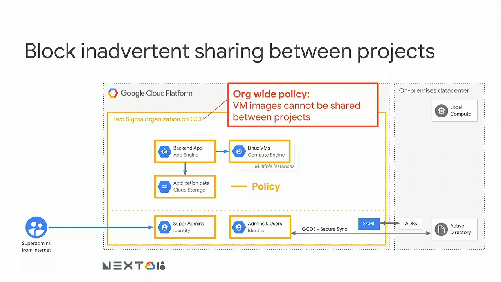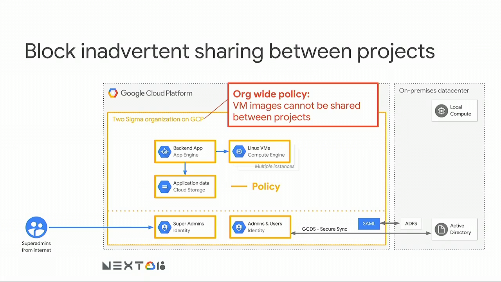So this is an issue for which we were pioneers. We found out firsthand that Google had added a specific feature that allowed you to move images between projects, which is actually quite a useful feature because in a lot of cases you do want to do that. For us, however, that's an exfiltration vector. That means that we can have a very lockdown project and a non-lockdown project within the same org. And suddenly we can copy that image that has all our private IP to the other project and then take everything out. And we came to Google with that problem and we said, we don't necessarily want that. And Google came around and made us this specific org policy to help us to specifically block that,